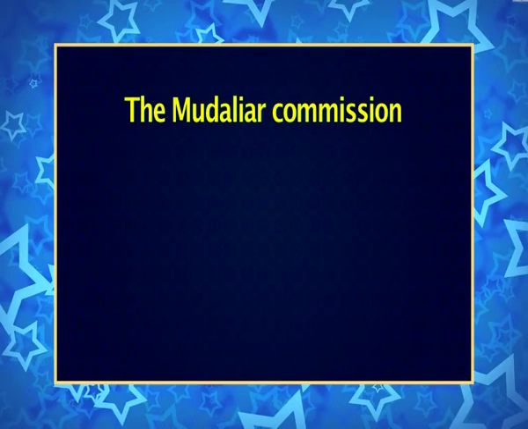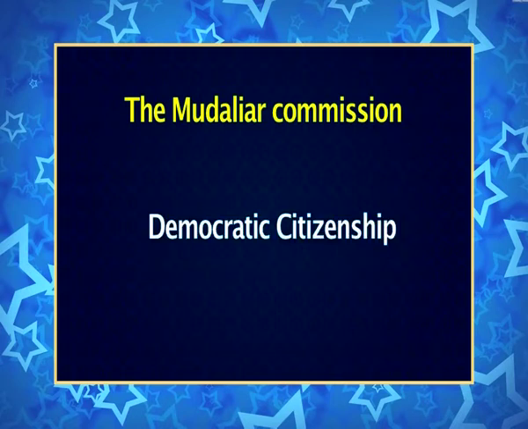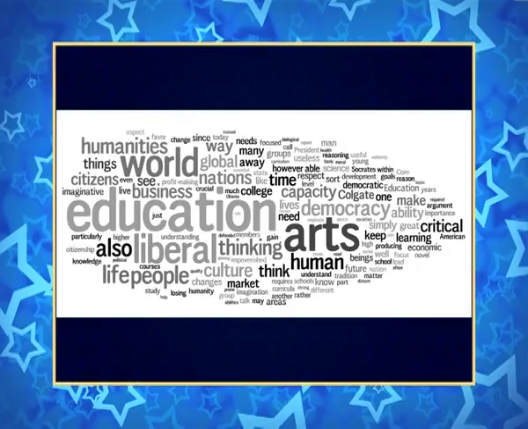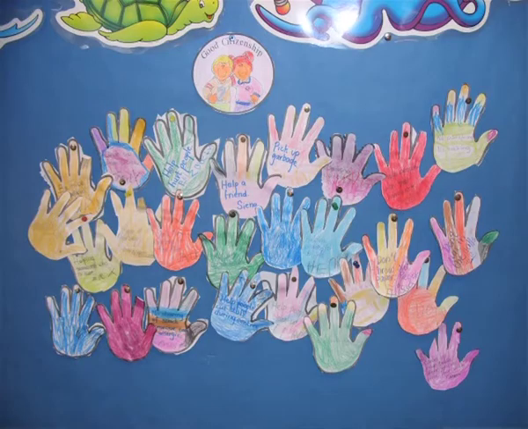The objectives of secondary education as recommended by the Mudaliar Commission may be briefed as follows. Democratic citizenship: education should aim at the development of democratic citizenship in the future citizens of the nation. Good citizenship in a democracy is a very challenging responsibility for which every citizen has to be trained carefully. This involves